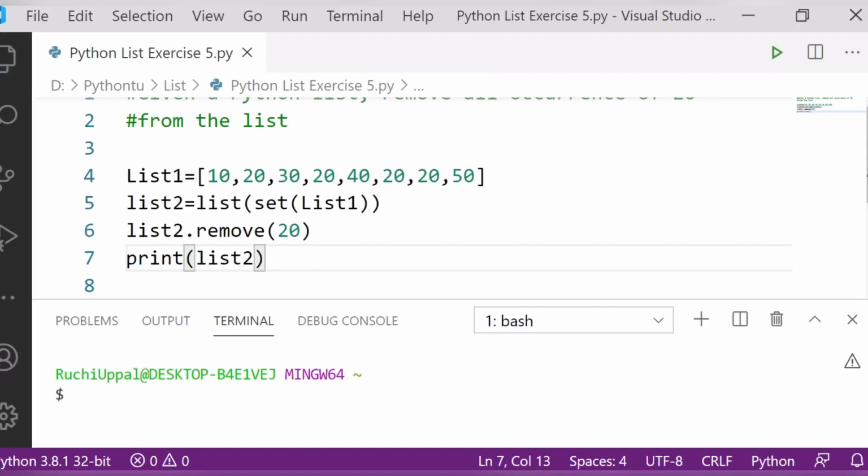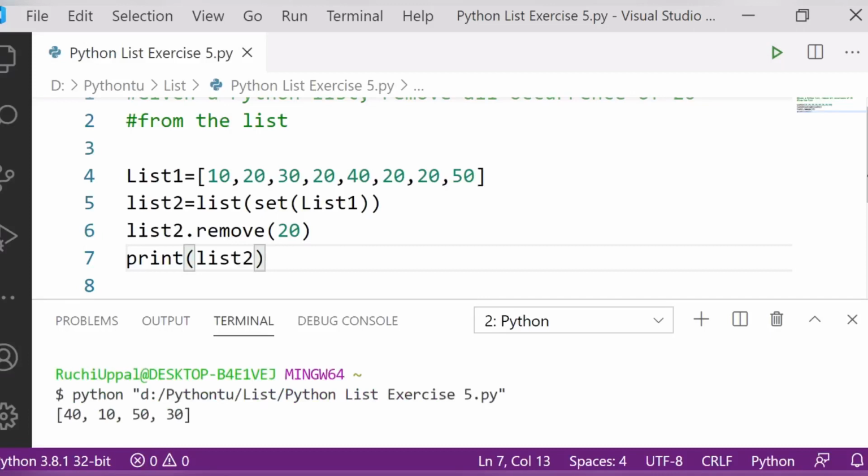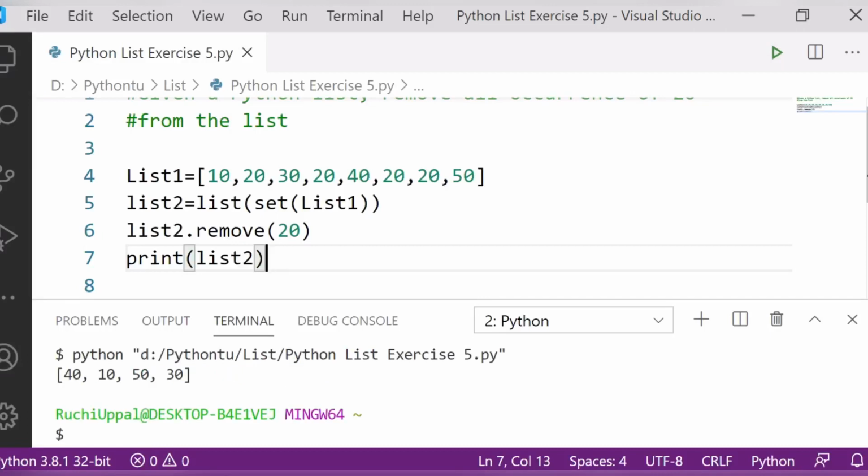Clear? Control S, and let's run the program and see the output. Okay guys, you can see here in the output the number 20 is removed. But what if you want number 20 also, but not in the repeated sequence? Like you can see in your created list, number 20 is repeating 4 times. So you want the number, but of course you don't want the repeated number. So what will you do now?